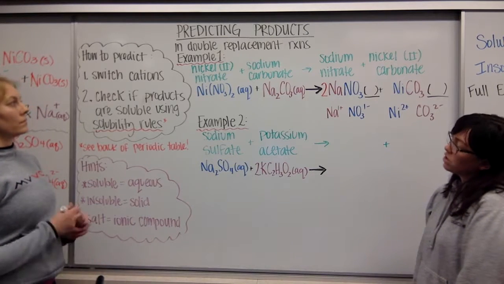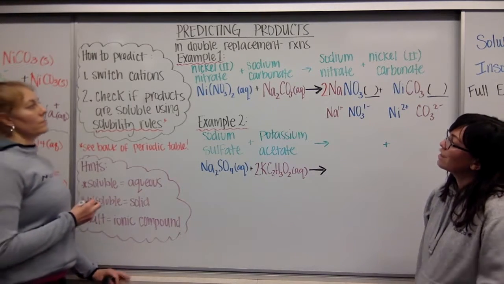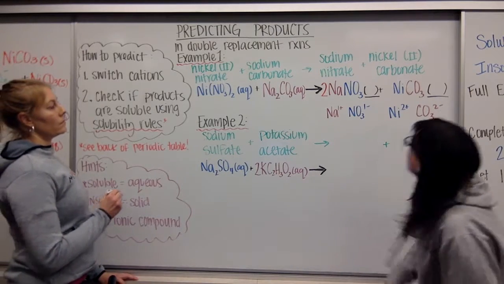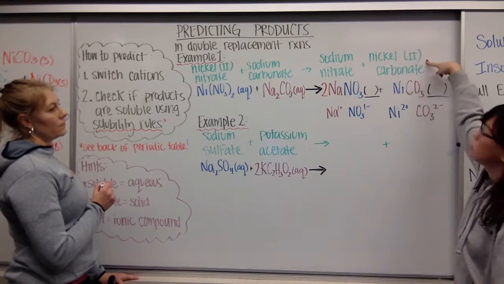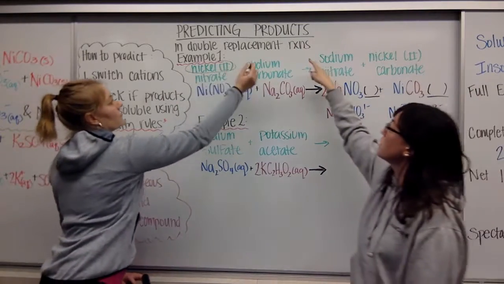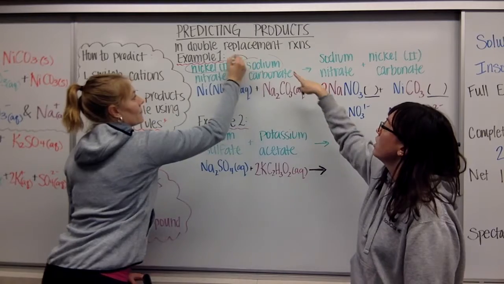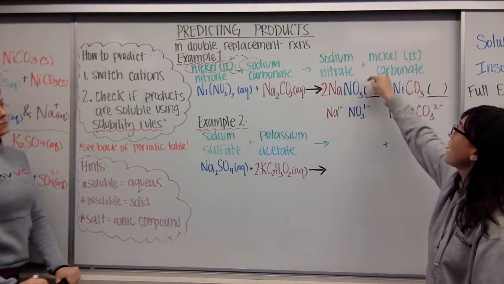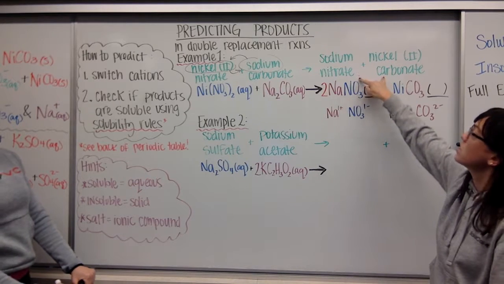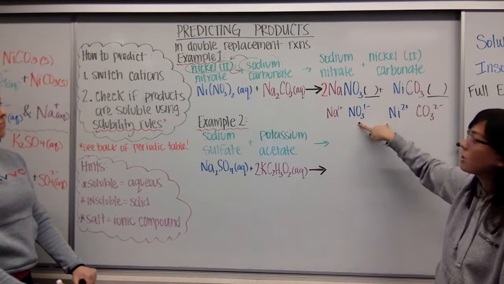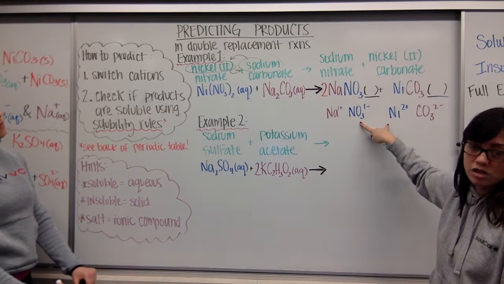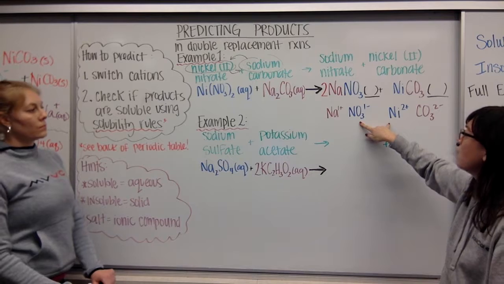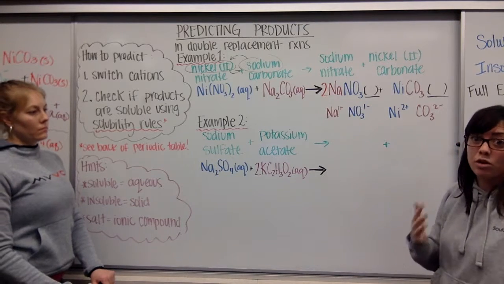So for our first example, we have nickel(II) nitrate and sodium carbonate yielding sodium nitrate and nickel(II) carbonate. Now often you will just be given the beginning of the equation, just the reactants, and then you will be asked to write the names of the products. So that's the first thing you're going to do. Then you are actually going to write all the ions down, just similar to what Ms. Frankovic did on the last slide,